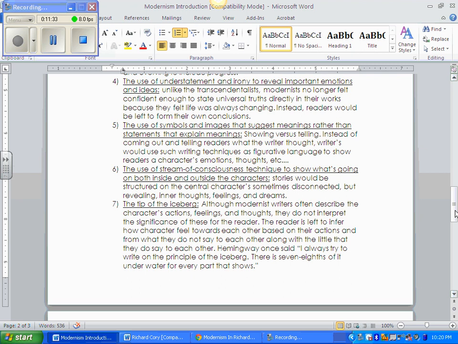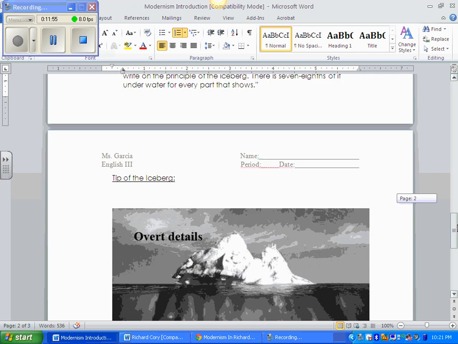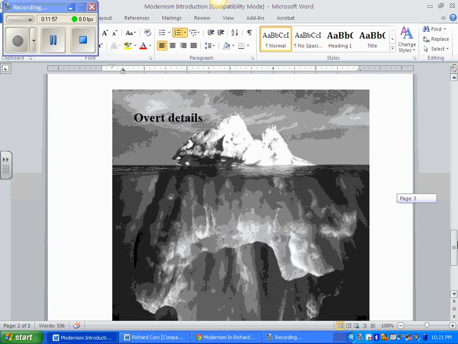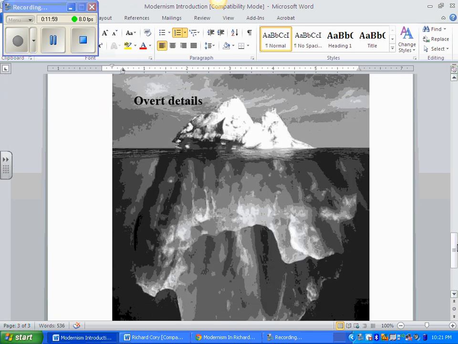And you're left trying to read between the lines and figure out, okay, what did they want me to figure out for myself? They didn't come right out and tell me. I have to figure it out. Okay? Hemingway once said, "I always try to write on the principle of the iceberg. There's 7/8 of it underwater for every part that shows." And I think that's a good image to give you a visual of what they were talking about